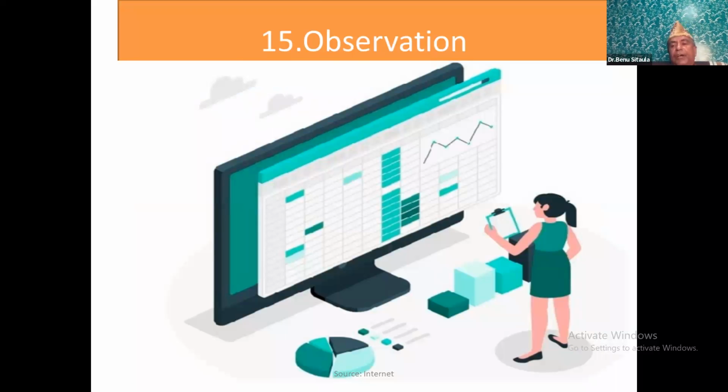Now we are coming to another data collection tool, that is observation. Observation is also an important tool to collect data for qualitative research. You know, the observation method is used where you want to avoid an error that can be the result of bias during evaluation and the interpretation process. It is a way of obtaining objective data by watching participants and recording it for analysis at a later